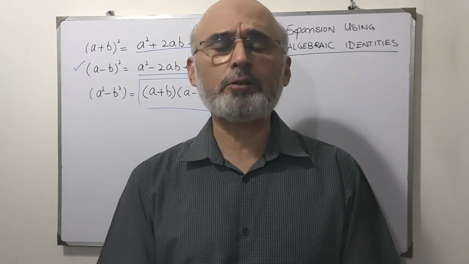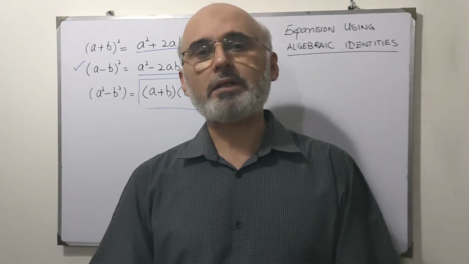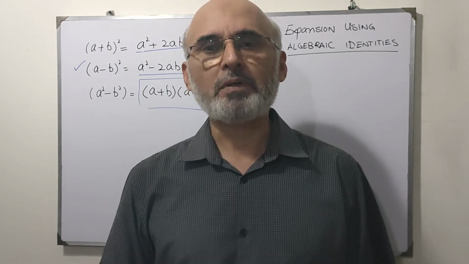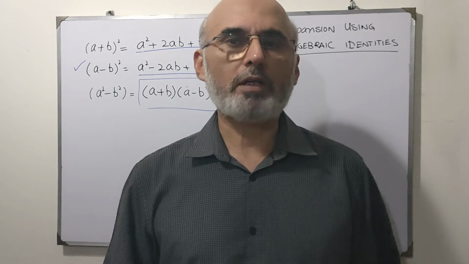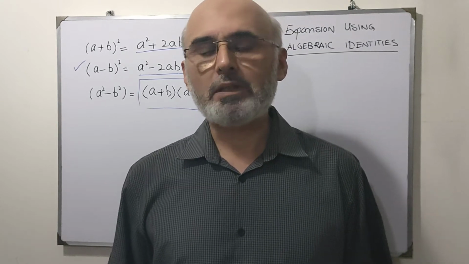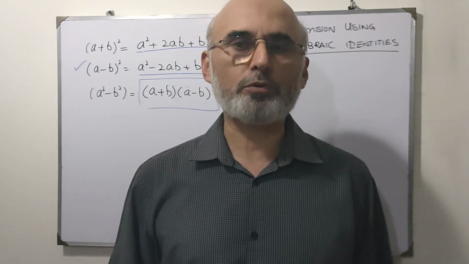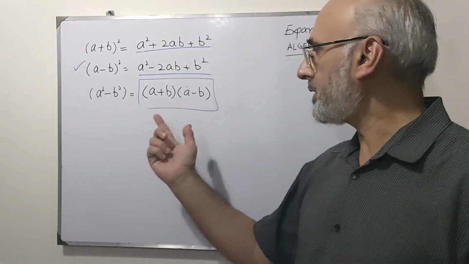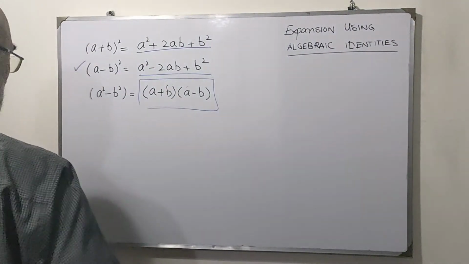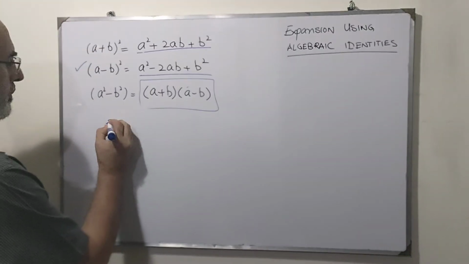And I explained to you, if you don't remember exactly what the formula is for each identity, you can just apply the distributive law and evaluate it, and it will be easy for you to deal with. So let's do some examples for identity number 3. So the example number 1,